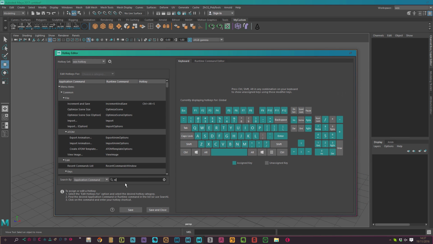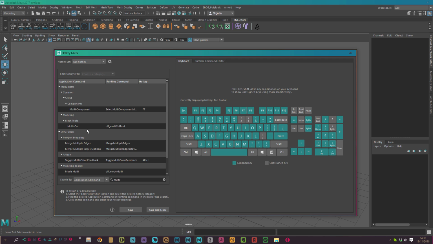Then we have the multi-cut tool, which I assign to the S key, because by default S is a really important key, but it's mapped to the set key. But I never made any animation, so I don't need this. And if you are an animator, you can make another hotkey set for animation. I really advise you to set as many hotkeys as possible for modeling at first. So yes, override